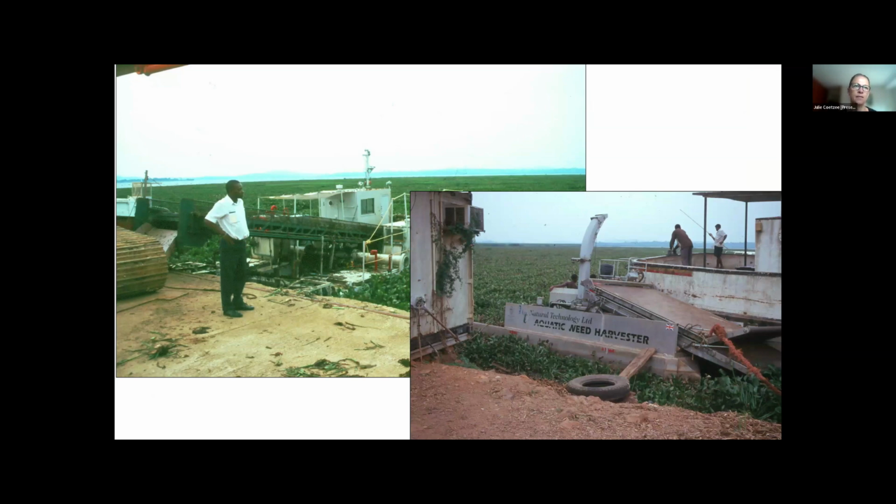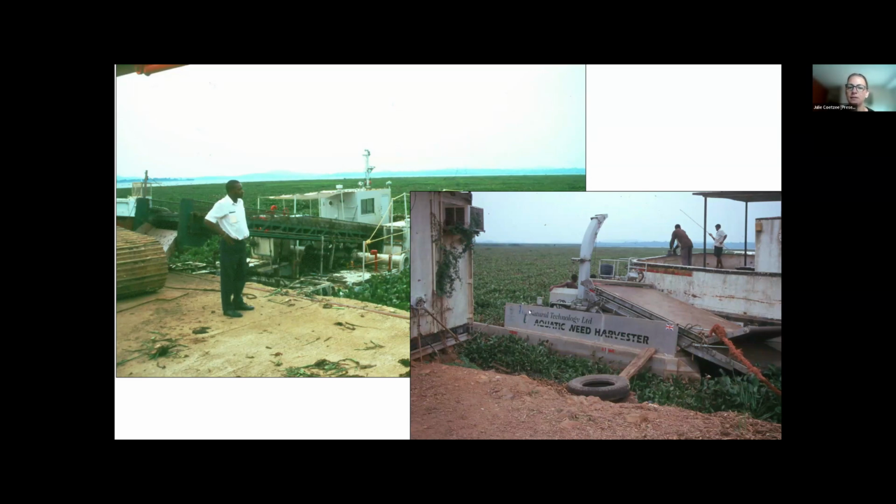As John said, mechanical harvesting is not an ideal method for controlling water hyacinth, because as fast as these harvesters, which are largely developed in the global north, are removing the plants, they are growing. Water hyacinth can double its biomass every 7 to 14 days under ideal conditions, and those conditions are lots of nutrients in the water and also warm weather.